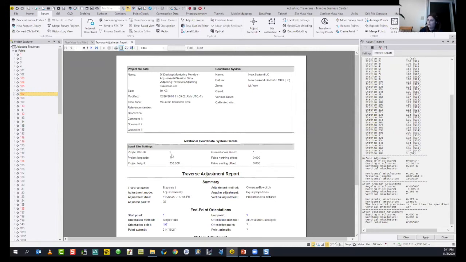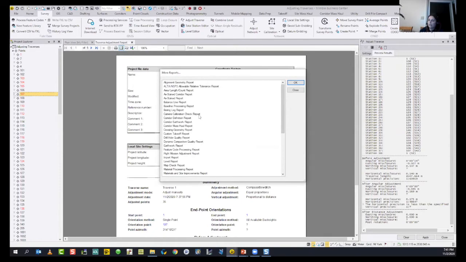Trimble is quite good at reporting options, so you can access all types of reporting options over the quick access toolbar. As soon as you click on more reports, you will display different types of reports. I'm not sure which type of report you are interested in, but for your network adjustment or your traverse adjustment, you can access this type of reports.